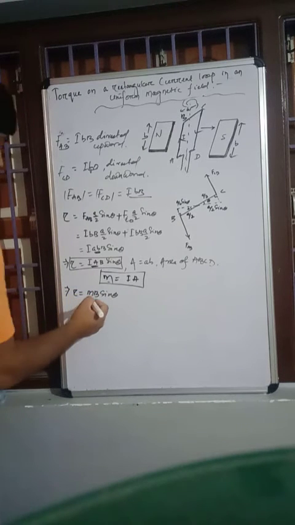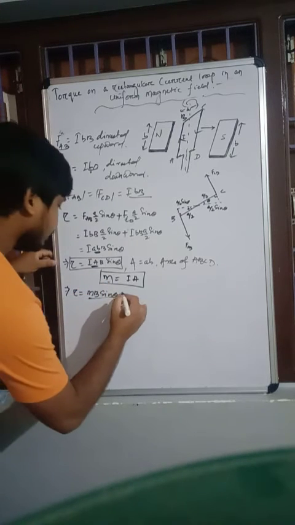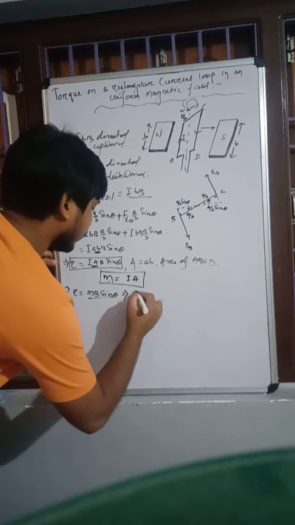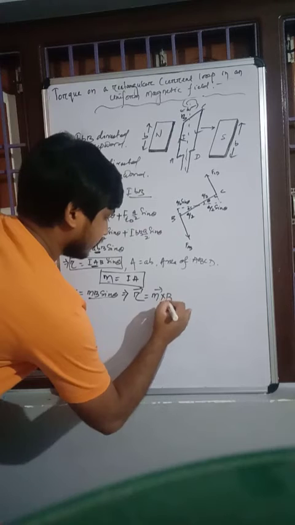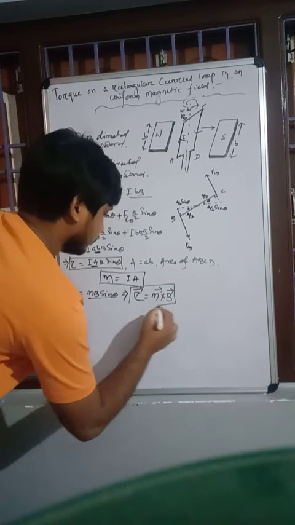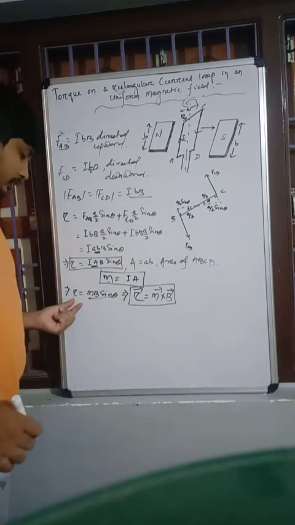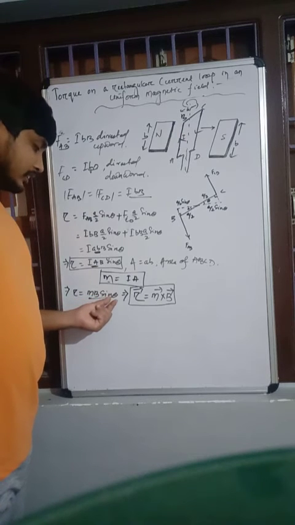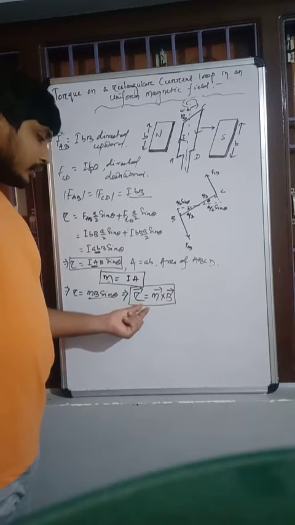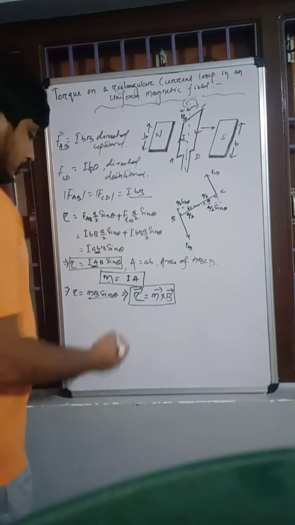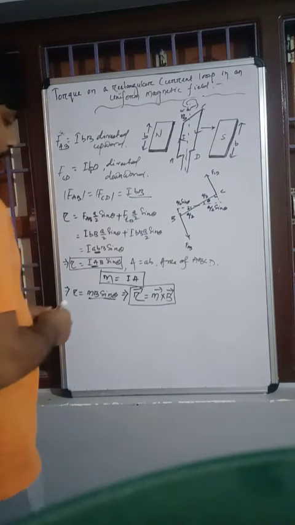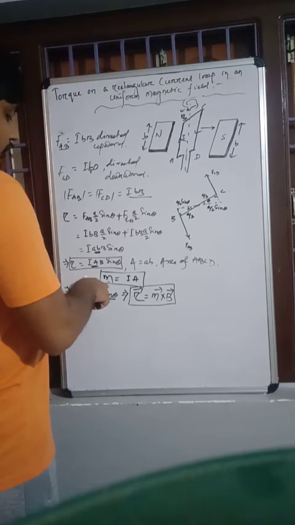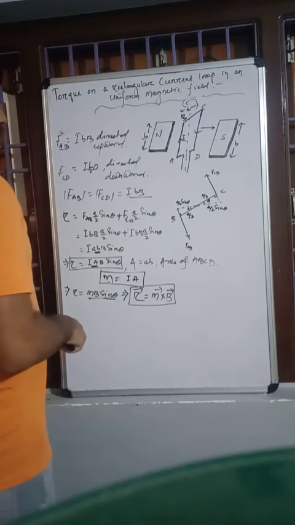And you can see that if it is mB sin theta, I can write it in vector form: tau vector will become m vector cross B vector. Tau is mB sin theta, or in vector form tau is m cross B, because we know that AB sin theta means A cross B. I'll just tell you what the direction of this magnetic moment m vector is.